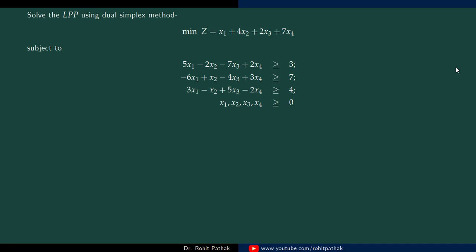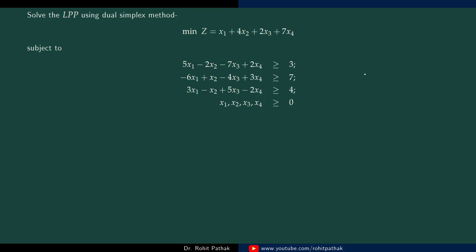So consider this example to demonstrate what is the dual simplex method and how to start. This problem is of minimization type: minimize z equals x1 plus 4x2 plus 2x3 plus 7x4 under these constraints. So we have to use the dual simplex method.